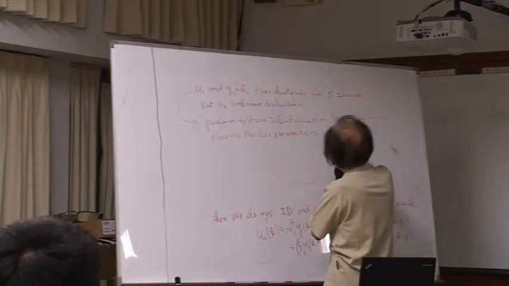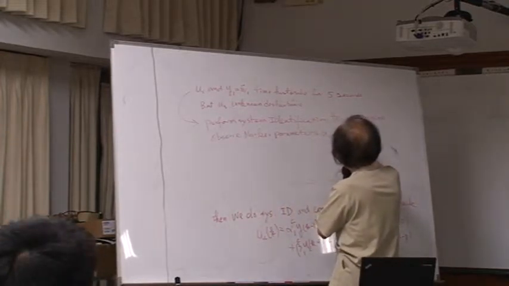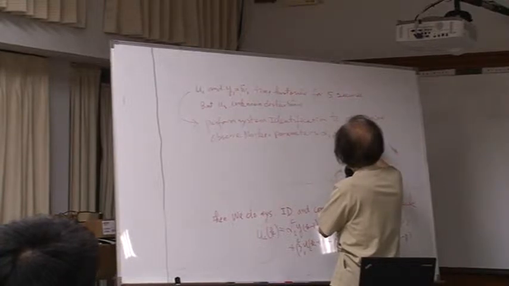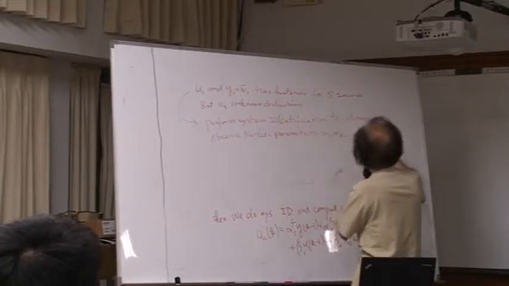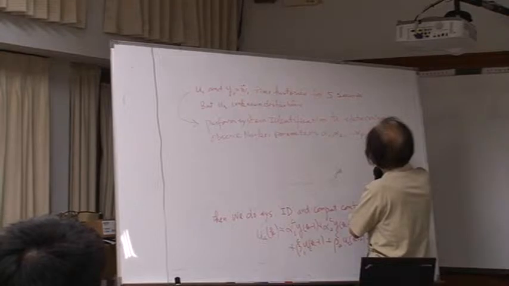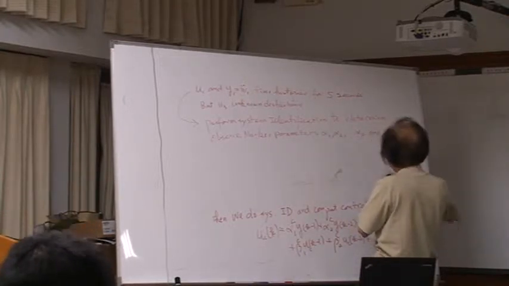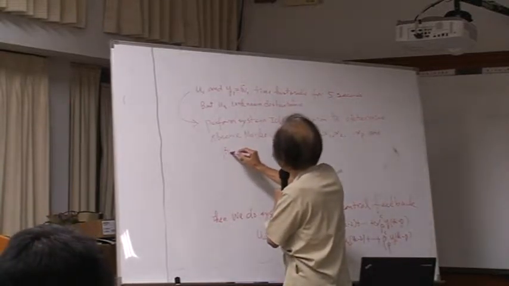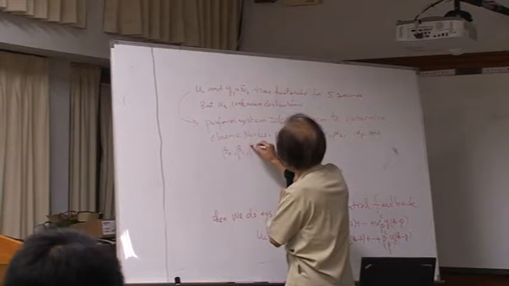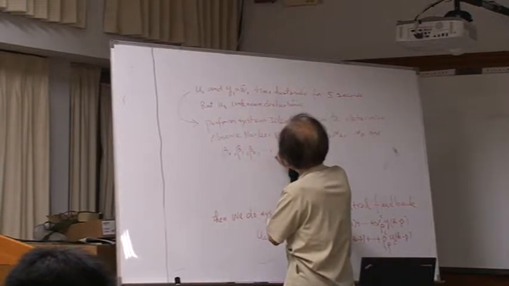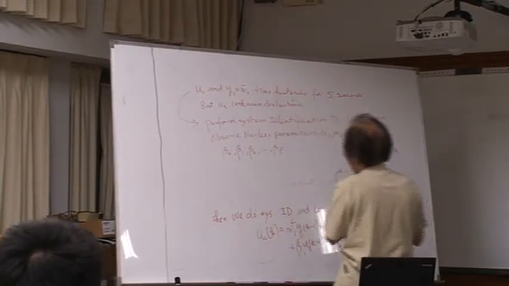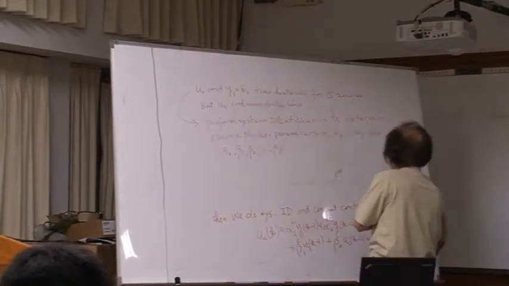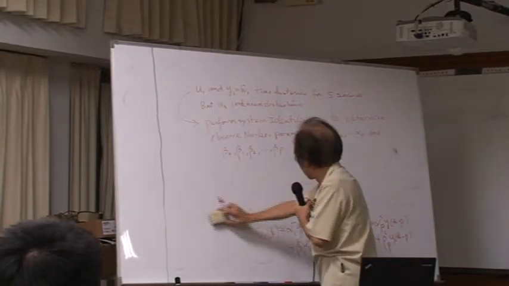Alpha 1, alpha 2 to alpha P, and beta 0, beta 1, beta 2 to beta P. Alright? Then